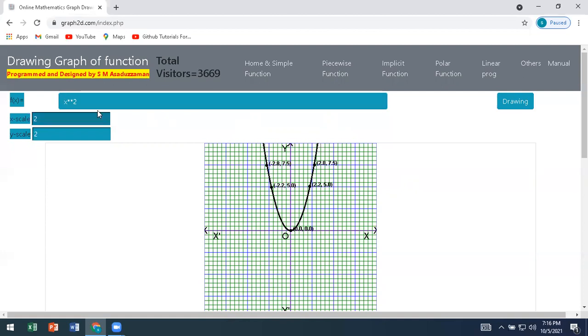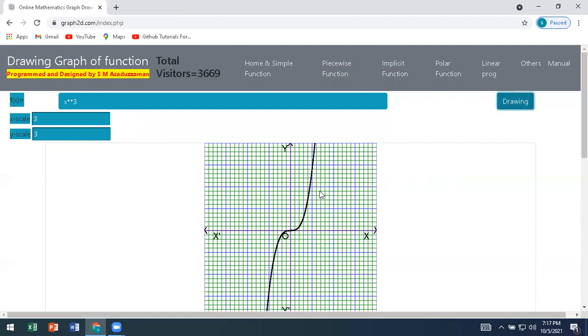Again, we discuss the function x cube. Type x star star 3 and press the drawing button. We can change the scale, x scale 2, y scale 1. We get the x cube function graph. We can also change the y scale. Press the drawing button,